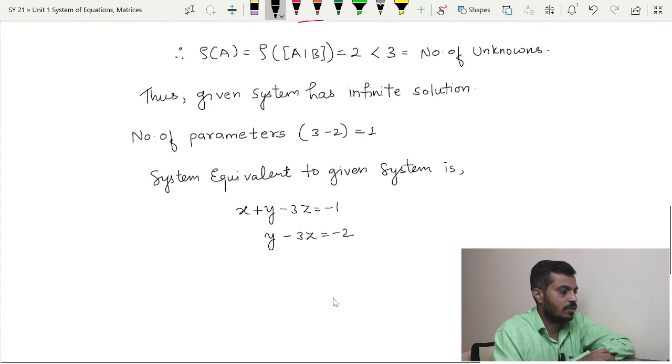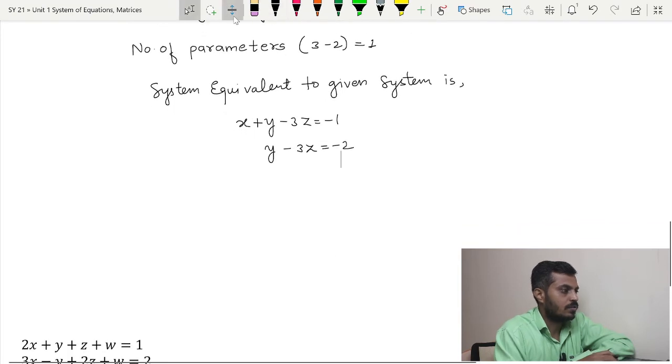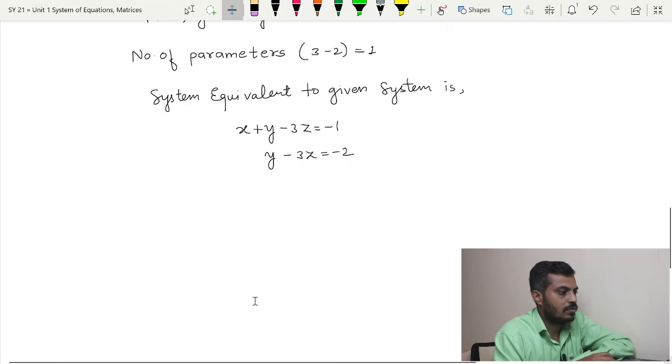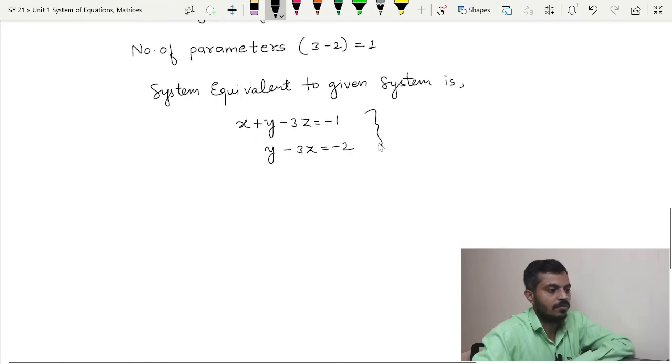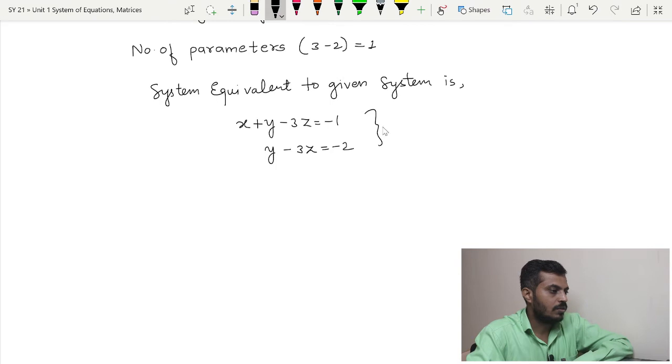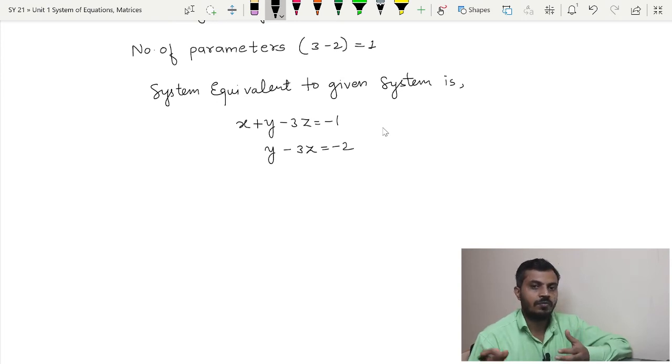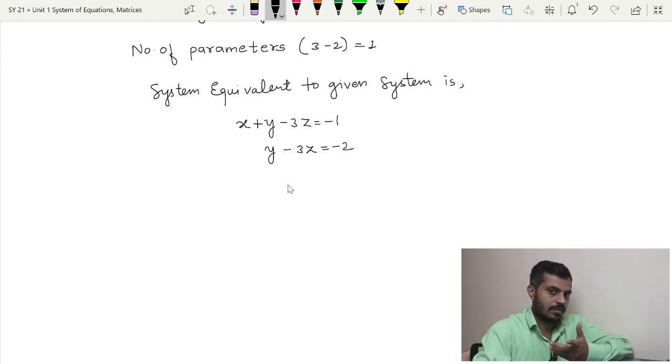Now since we have written the equivalent system, the question remains the use of parameter. So parameter actually is used for the variables in this equivalent system. Now over here you can see three variables, x, y and z, but we cannot use a parameter for any variable, there are restrictions. So we have to use a parameter for such a variable that will give us the values of x, y, z. So just let me give an example.